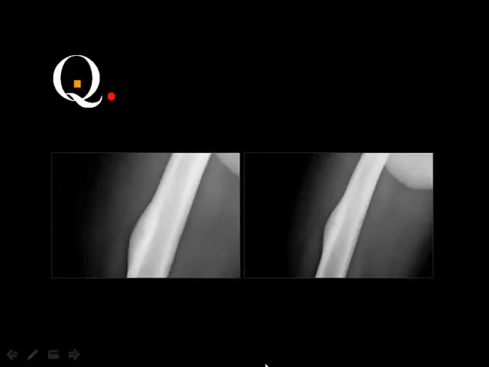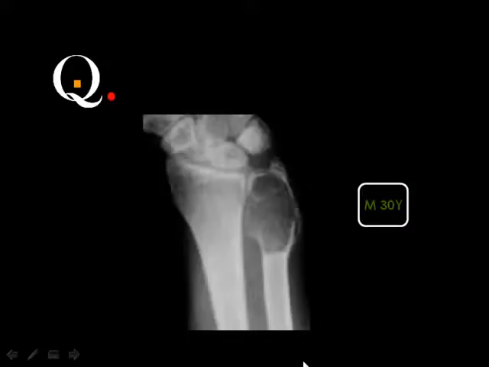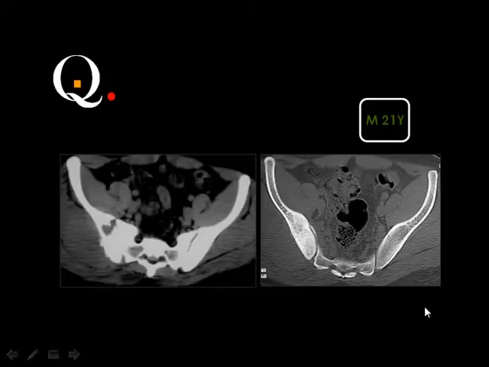What do you think about this lesion? Bone cyst. Very good. And this lesion, giant cell tumor. Very good. And this lesion,